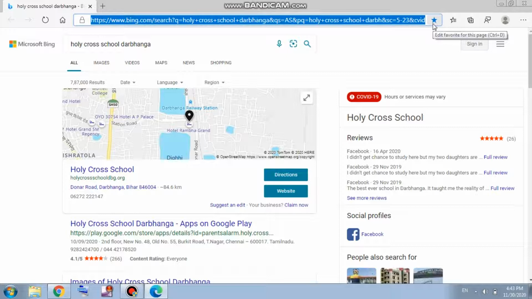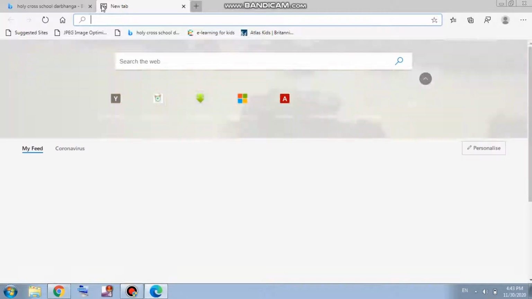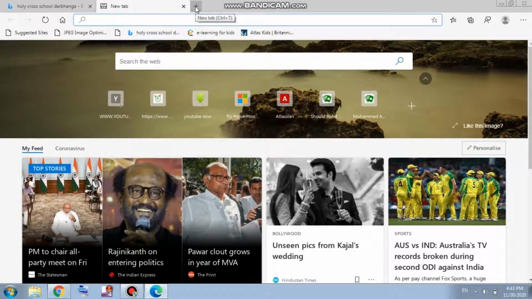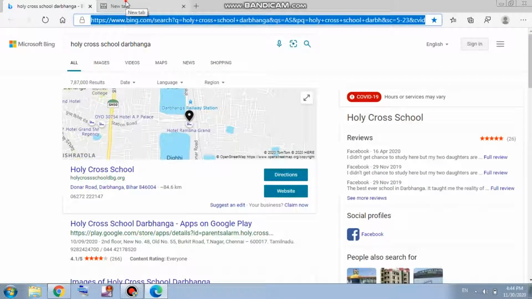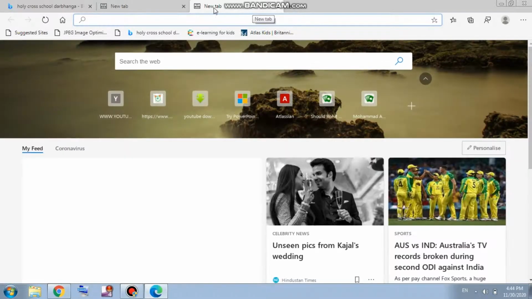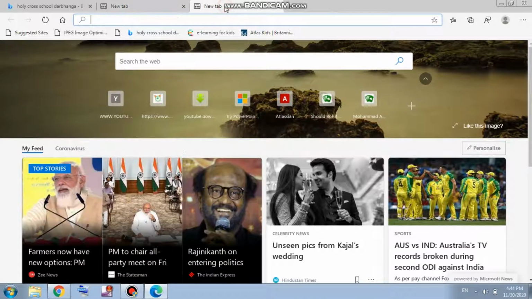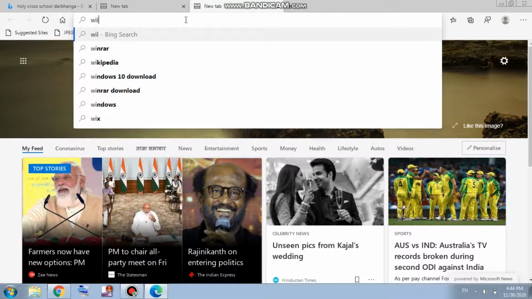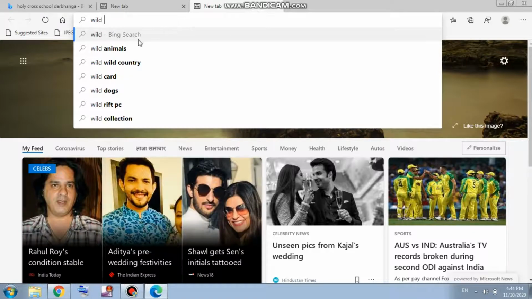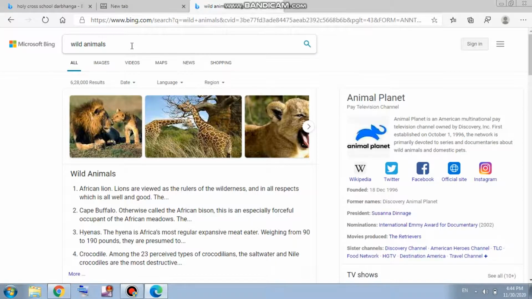And for searching anything, how to search anything? For search, what do we need to do? We need to click on the tab. This plus sign, from this tab we can open new tabs, okay? New tab. See, this is the first tab, this is the second tab. If you want to open one more tab, then we will click on the plus sign, okay? These are like pages, and we will search. Like we are going to search wild animals. Now what will happen? Wild animals will be present on our screen.